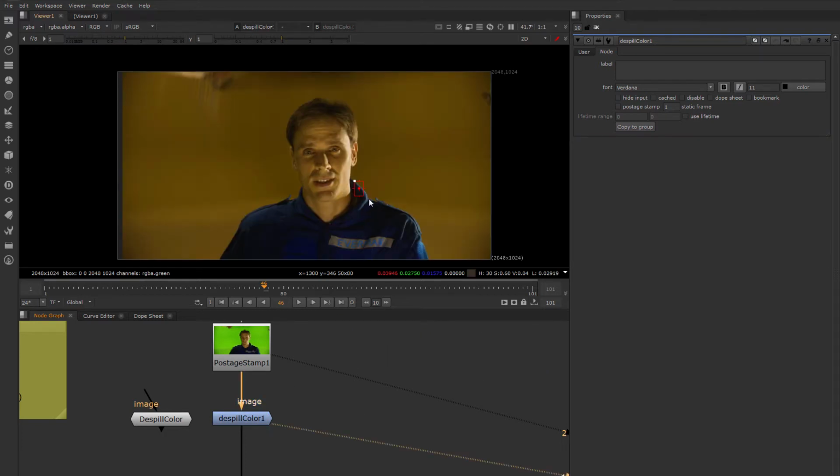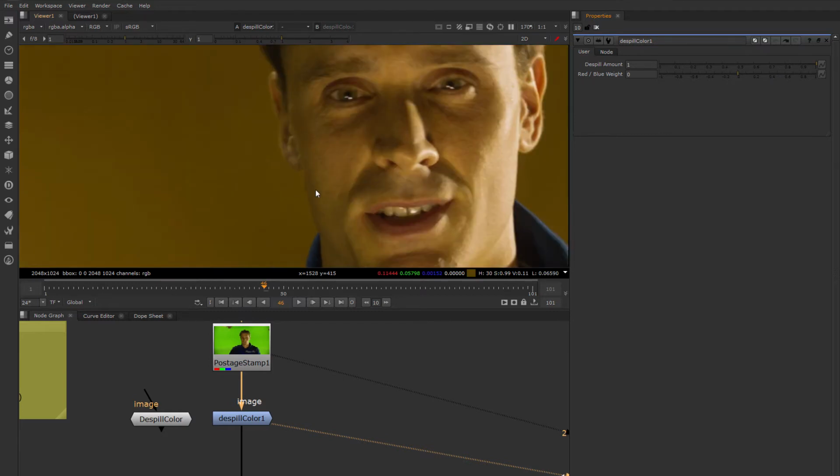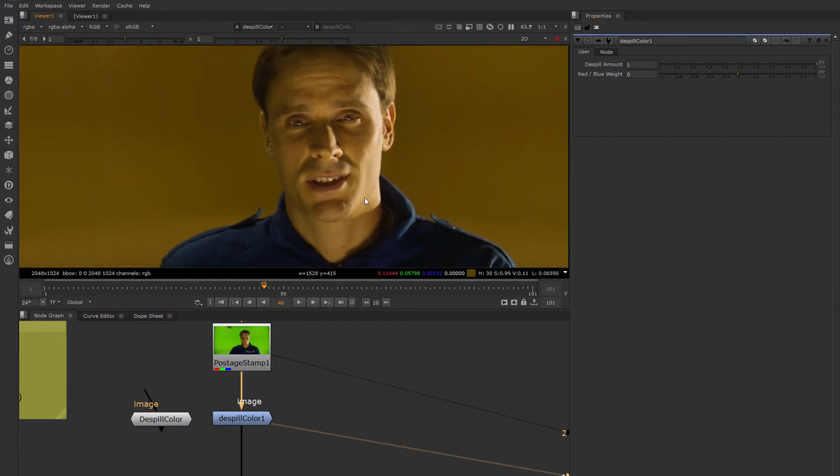So let's say that we wanted to expand the functionality of our node a little bit more. We've already seen that we can explode it and edit it. In our original version of this node, we did a little bit more work. We didn't just do the despill, the weighted despill. We also had some other cool functionality that we ultimately added, like unspill and a little bit of hue correct. So let's build this up and get that hue correct in there as well to kill this last little bit of green, and then maybe we can also expand it to add that